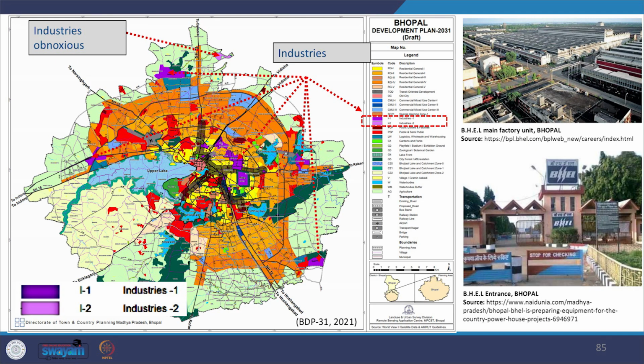Moving further, we see another kind of use zone, which is industrial. The industrial zone has been delineated to identify areas where large, medium, and small scale industrial activities are either currently located or are proposed to be developed in future for the purpose of promoting the secondary sector economy in the region. You further see that industrial zone I2 is there.